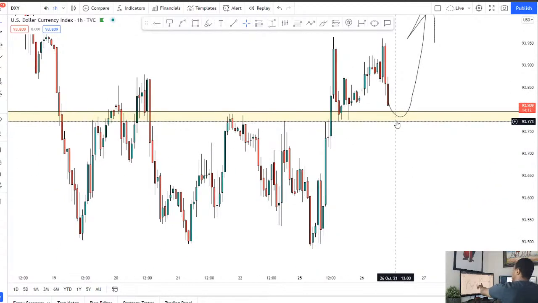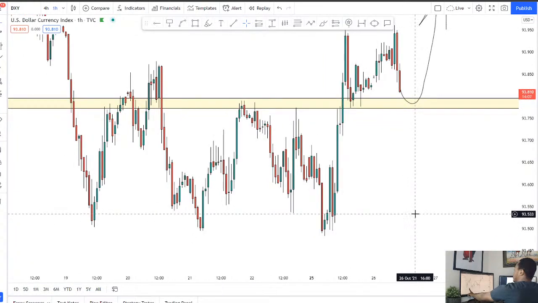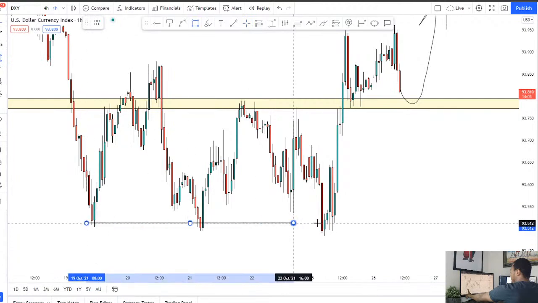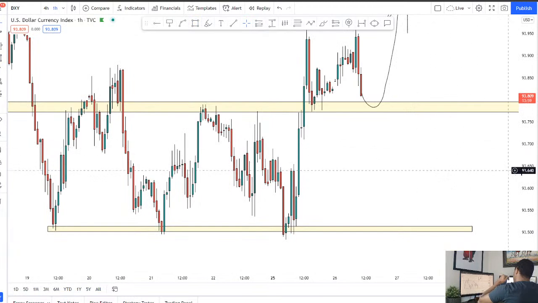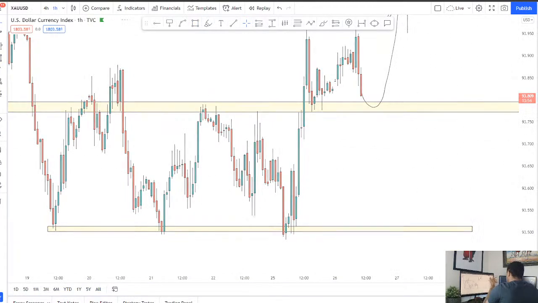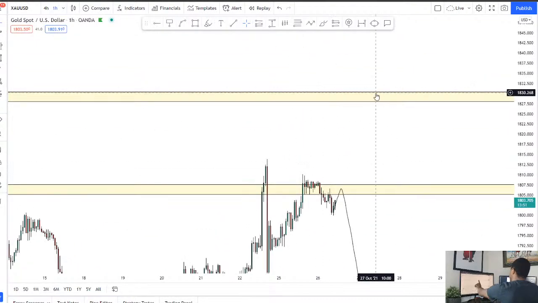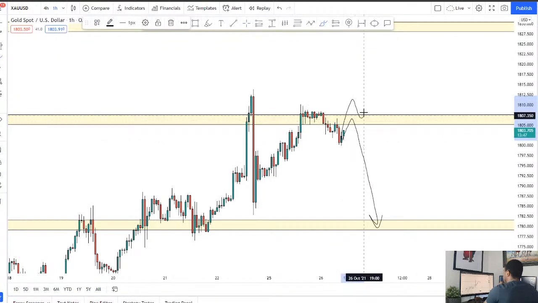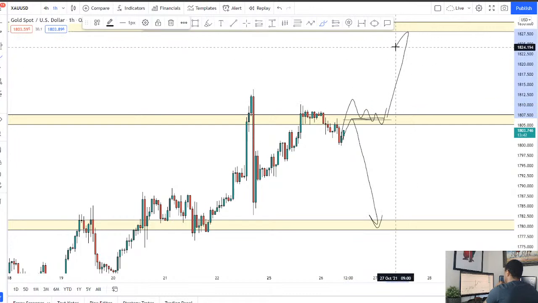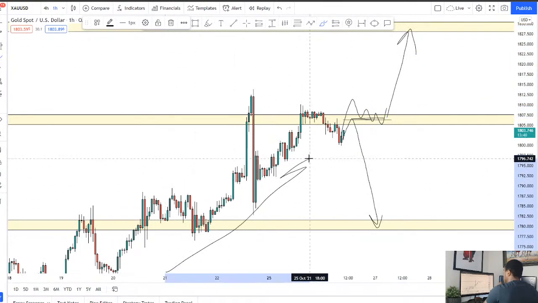But if the DXY goes and breaks through this level here, then yeah, I think we'll probably see DXY head back down to these lows all the way down here, and then that means that gold will probably move up. Gold will probably move back up to 1830. So if we can get above this level here and hold that as support, and also DXY breaks to the downside, longs will be looking good here,